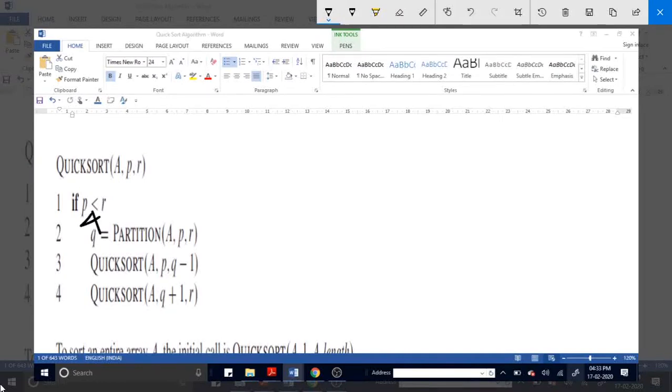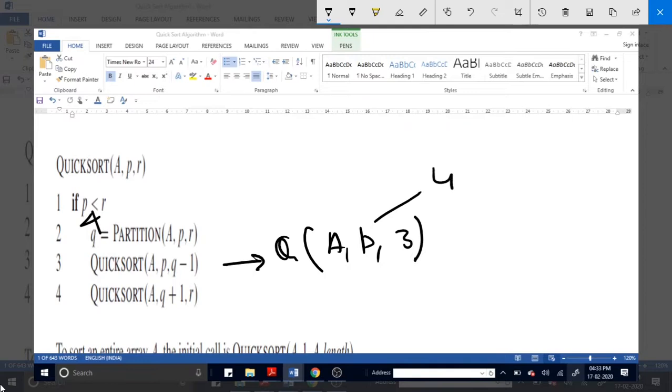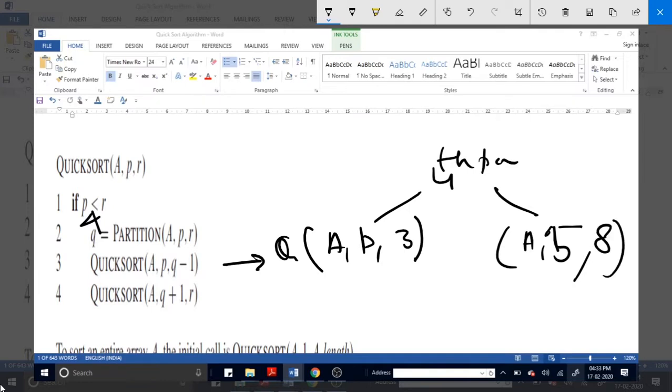Done. Q4 has got its proper location. Now you will be having another call to Quicksort: A, P, 4 minus 1, which is 3. Another one is A, Q plus 1, which is 4 plus 1, 5, and R, which is nothing but 8. So 2 calls will be there again. Again you will get 2 subarrays. This is how